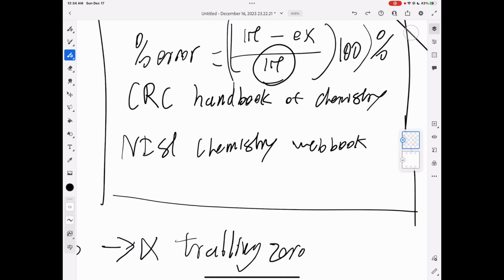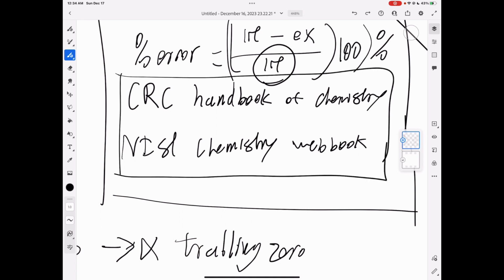And basically, you can find a lot of published values, usually recognized by most scientists. These are the accepted values in the scientific community. And just for practice,